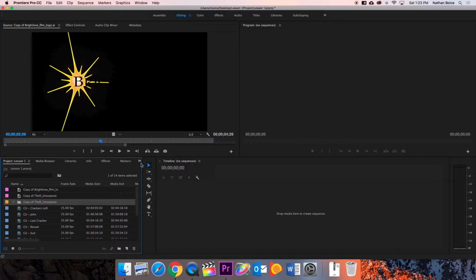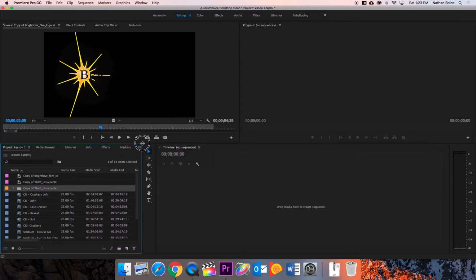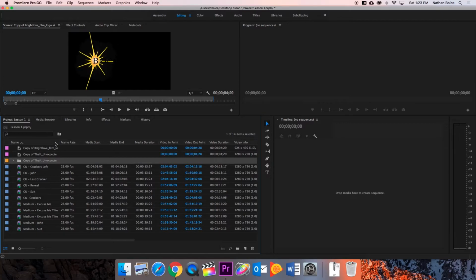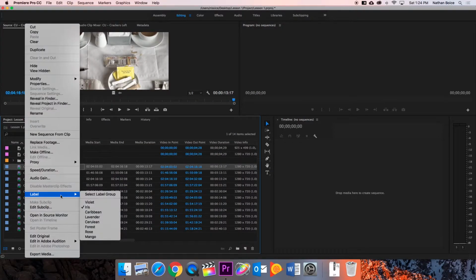I'm going to go ahead and expand out my project window a little bit to make things easier to see. There are a couple of other ways to keep organized in your project window, and one of them is using labels. So over here on the left, you'll see all these different colors next to each item. If I right click on a clip and go to label, I can actually change the color of that clip, and you can use these based on shot type or based on scene